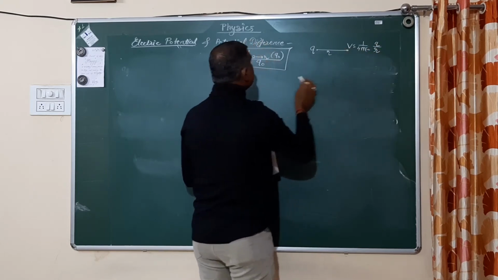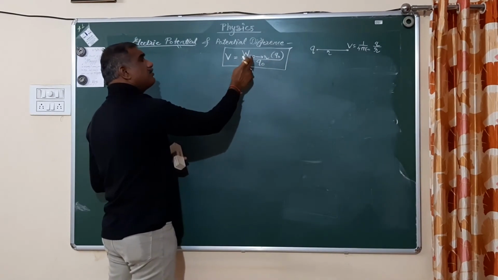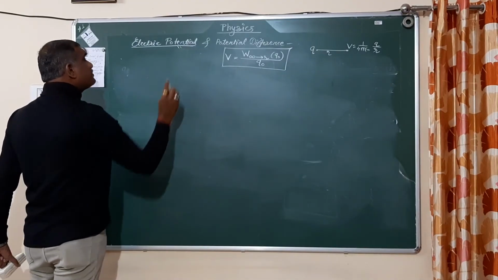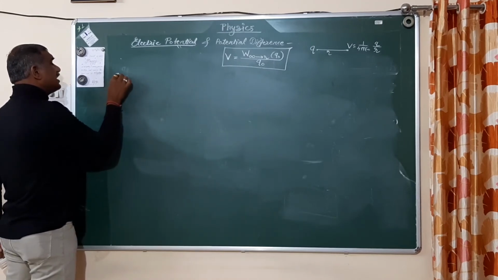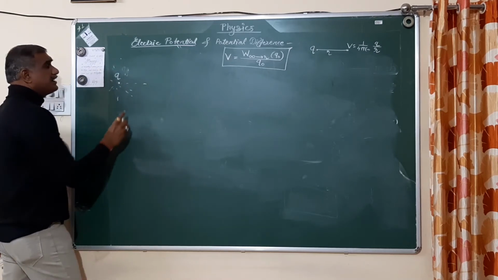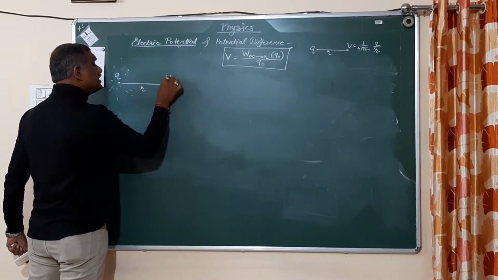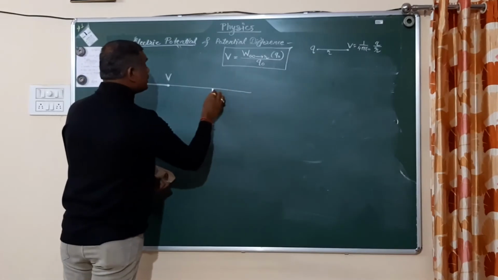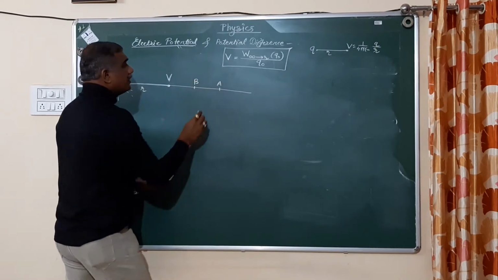What is electric potential? Electric potential is nothing but the work done in moving q0 charge from infinity to r divided by q0. Now, our aim is to find out the potential difference. Suppose this is the source charge q, due to which there is a formation of electric field at its surrounding. Then at a distance r, the potential is V. But our aim is to find out the potential difference at these 2 points. One is point A and the second one is point B.